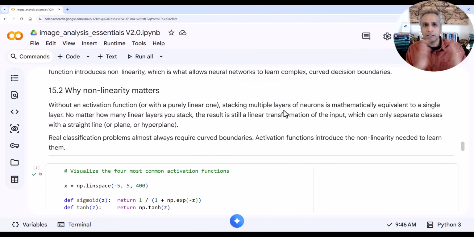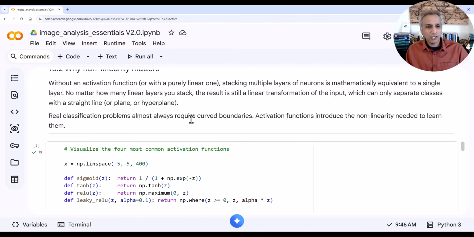You can stack any number of these neurons. It doesn't matter. You have layer 1, layer 2, layer 3. It's like a single layer, like a single linear equation, basically. No matter how many linear layers you stack, the result is still a linear transformation of the input. So you get the input, you're linearly transforming it to some sort of an output. Okay? So that's like a linear regression, but you need